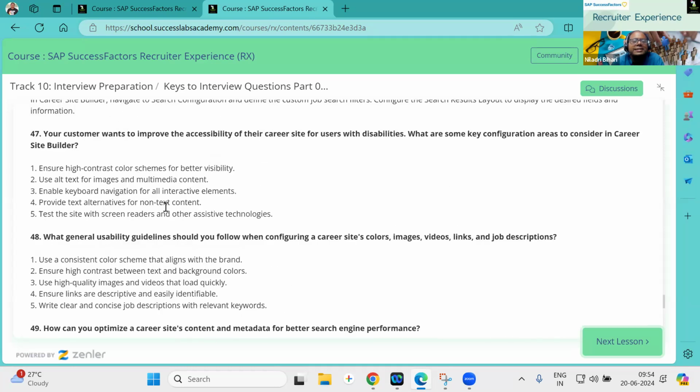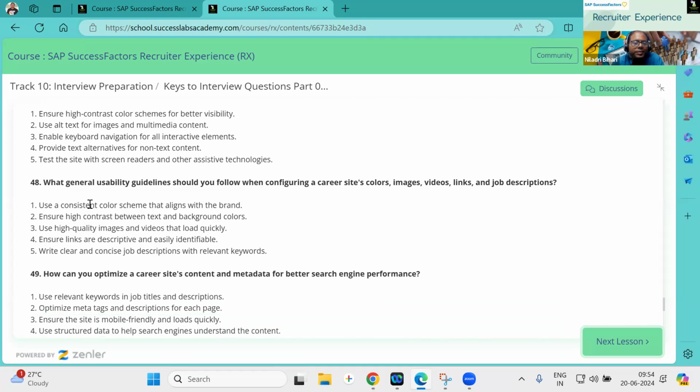And there are certain guidelines from an accessibility point of view, from color branding, because it's all about the branding. Your career site is all about the branding, and as an employer, you are attracting the right candidates at the right time to the right platform. So to ensure you are following all the principles of marketing, you are wearing a marketing and sales hat here. You are attracting candidates, so you cannot have a suboptimal website or career site.